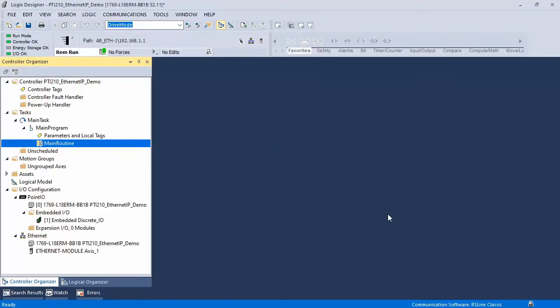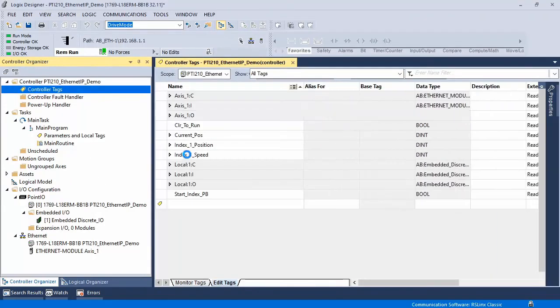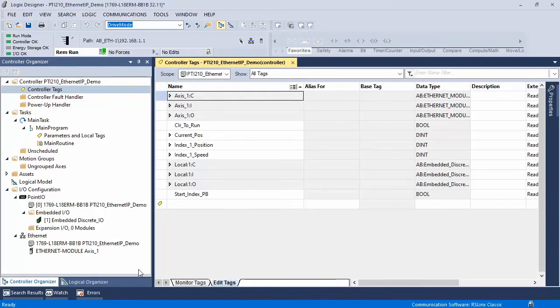I've created a very simple project in Studio 5000 that will demonstrate how to use the data coming to and from the PTi210 here in the PLC. But before we look at the routine that I've created, I want to show you the controller tags for a minute. So remember when we added the generic module and we called it Axis 1, and I said that that name would be important? Well, here's why. Because that becomes the label for the data tags,